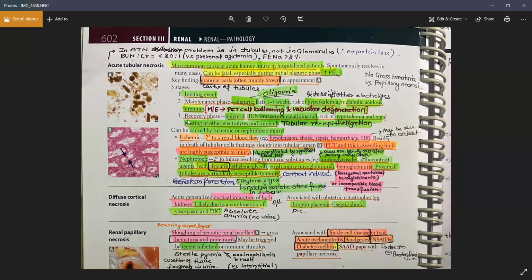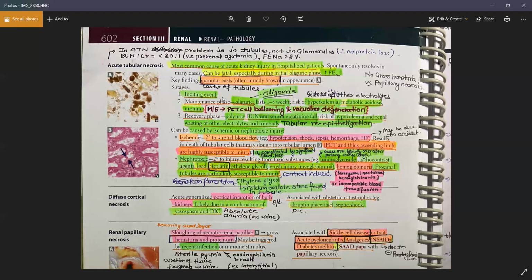Now comes the recovery phase. In the recovery phase, the glomeruli become functional even before the tubules can achieve their function properly. Before the tubules become normal, the glomeruli start functioning, so hyperfiltration will be there. GFR will be increased, but your kidneys cannot reabsorb the fluid now, and as a result all that fluid will be lost in the urine.